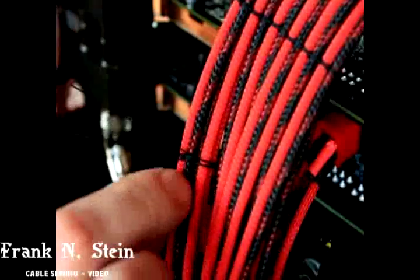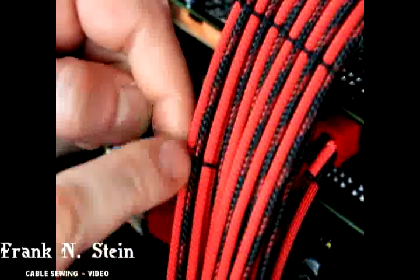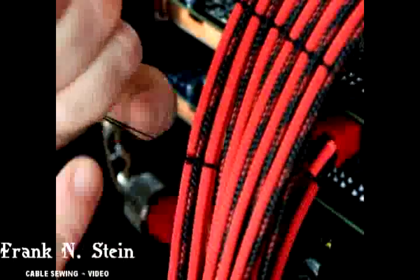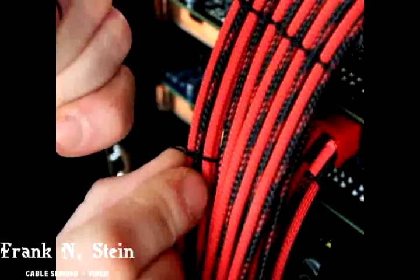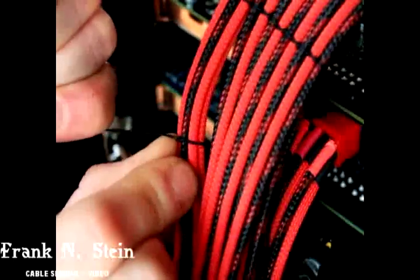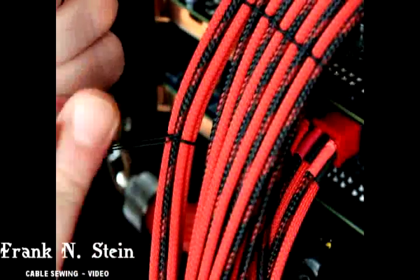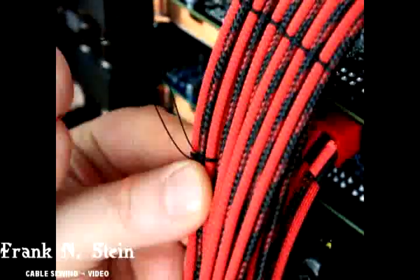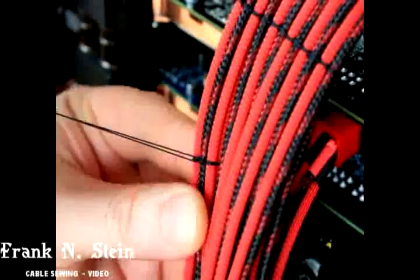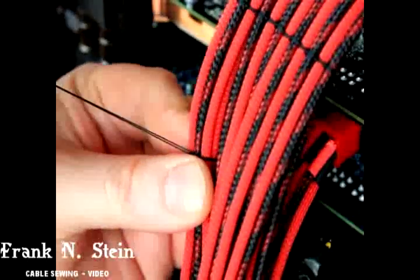work your slack again, still pulling this way because you want that crossover underneath the cable here to be as close to this knot back here as possible. This way you can cinch it, and you see when I start pulling it, how these cables here just kind of rolled over into place where they needed to be. And so while I'm still pulling this way, and I'm being animated about it to just show that this is what I'm doing,